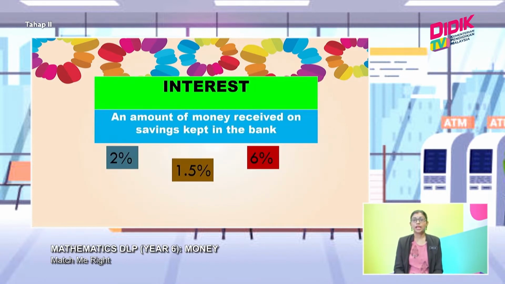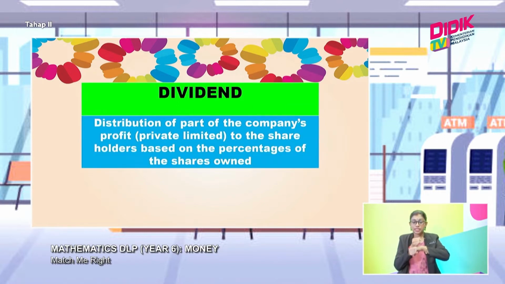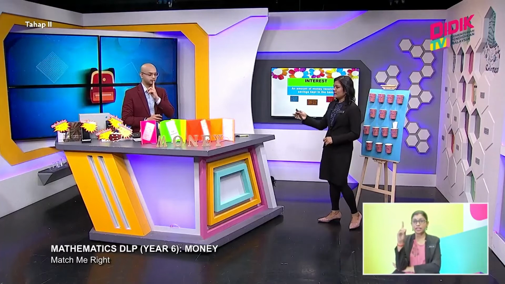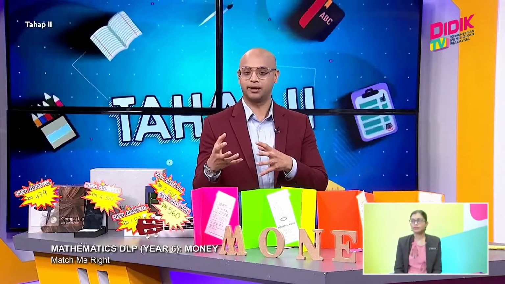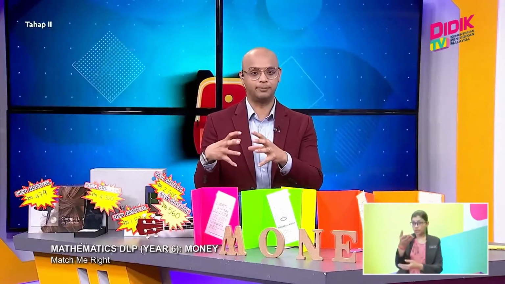Next, what is interest and what is dividend? I remember the bank officer said this is giving the highest interest in the bank, right? So what is interest, as you understand? If we're relating it to a bank, when we save money or keep money in the bank, we'll receive some sort of return from the bank itself. So that's always in a percentage, right? Only from the bank.